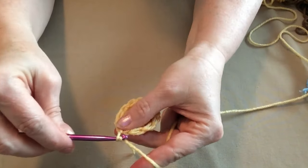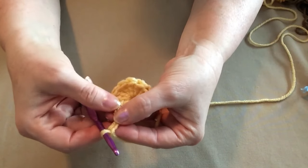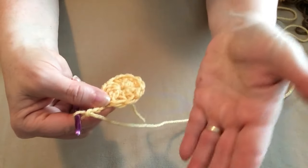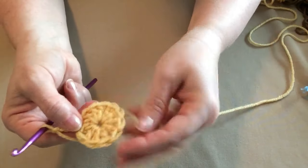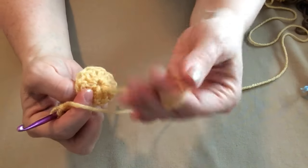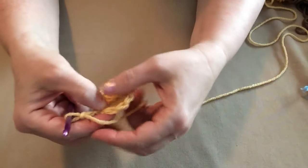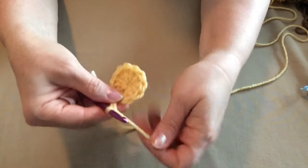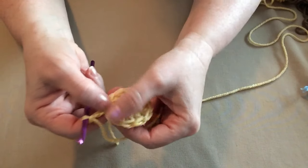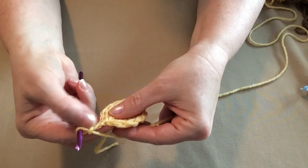and then we're going to chain 3. 1, 2, 3. Now the chain 3 here and on each row will count as our first double crochet. Now if you have a little hole here, don't worry. We're going to use this piece of yarn when we're all done with the hat to close up that hole, so don't worry about that. And so that's row or round 1, 12 double crochets, join to the top of the chain 3